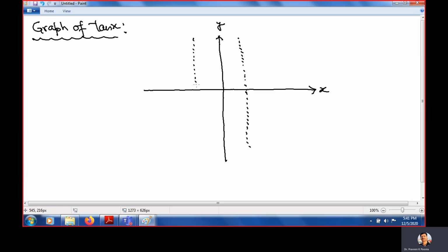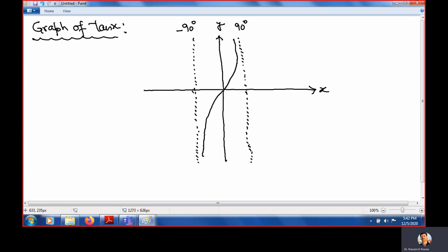The graph has dotted lines. Why? Because at these values the function is not defined. Not defined means we cannot find the value of tan 90. This is 90 degree. This is minus 90 degree. And the graph always looks like this in this interval. It crosses this one and it goes this way. This is